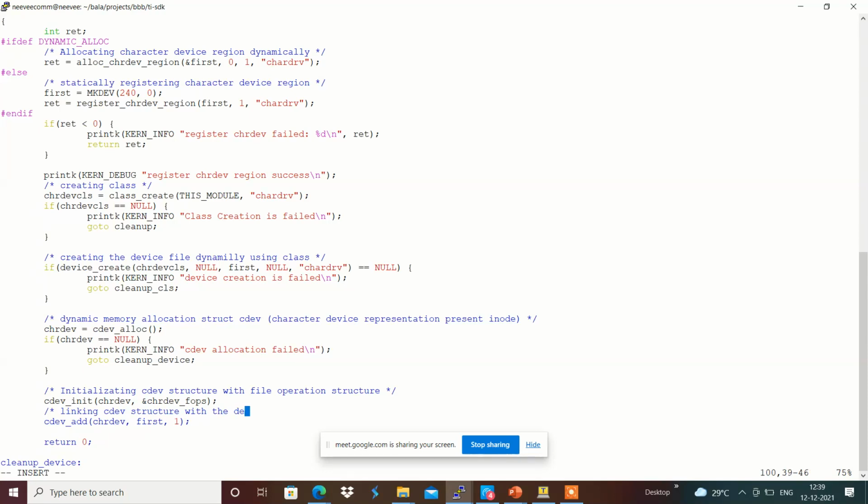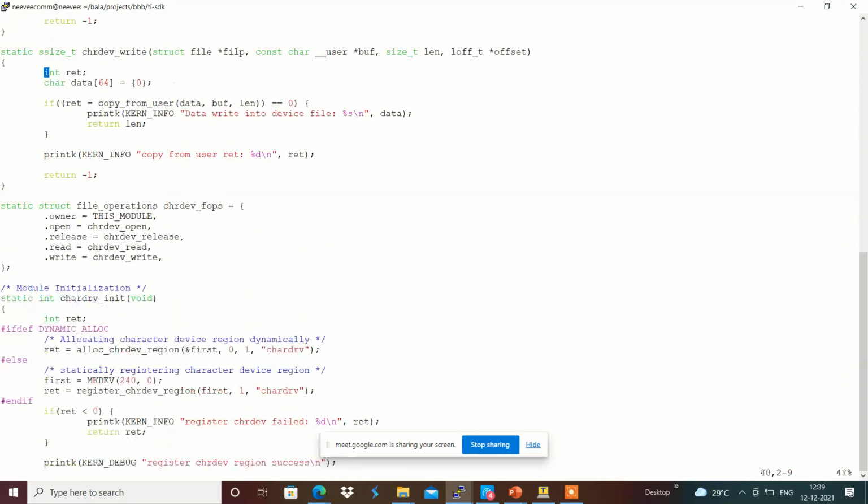The dev_t, which includes the major minor number. This makes the complete simple device driver accordingly over here.